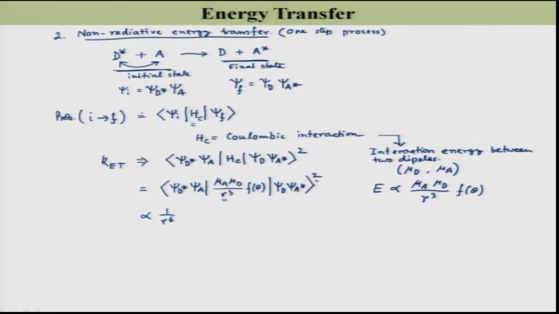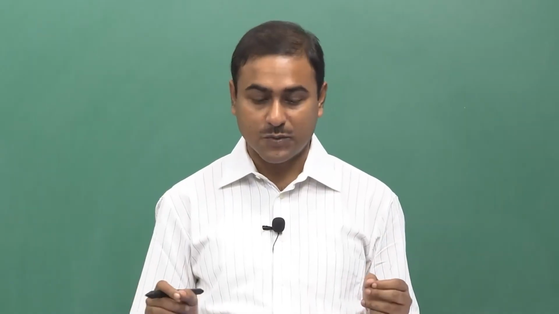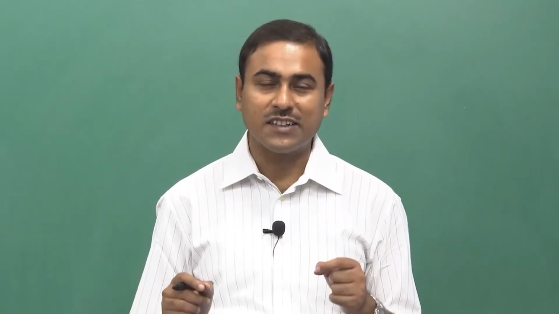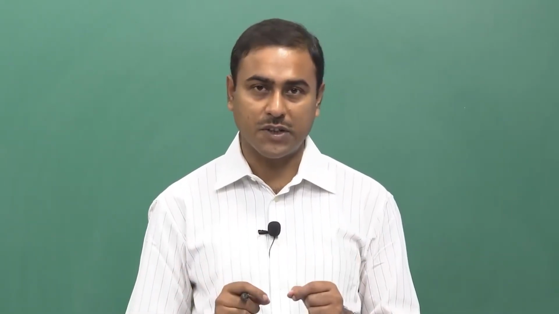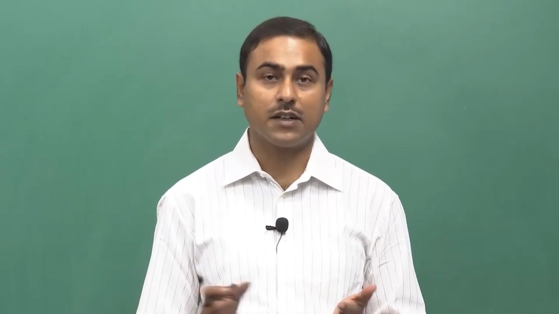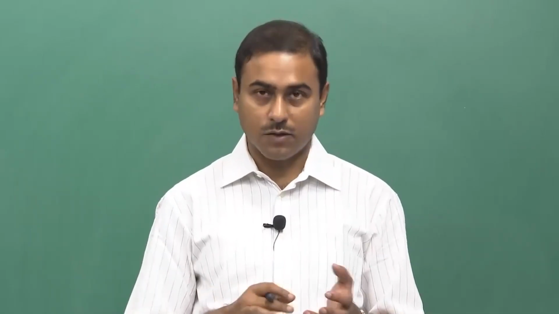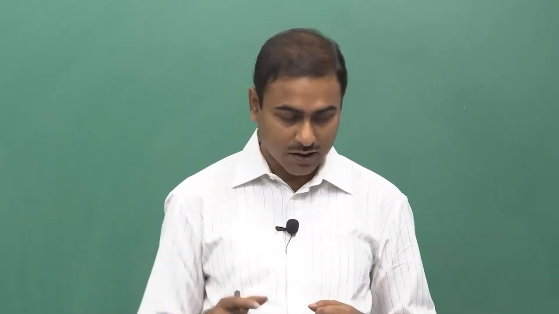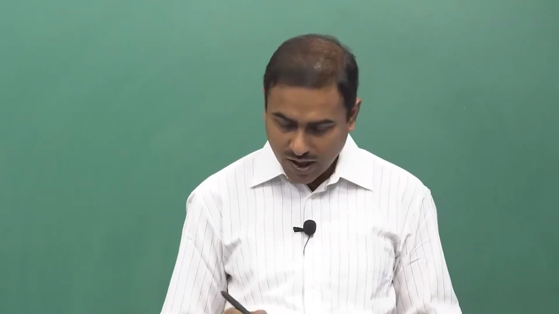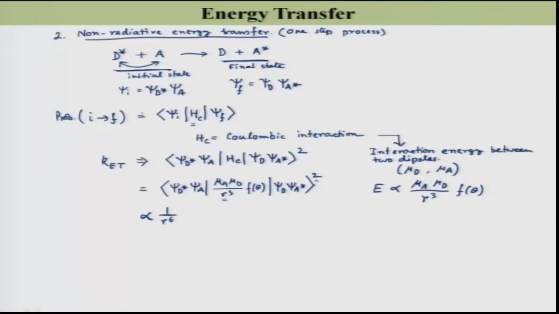Whatever the other terms are, I will get that k_ET is proportional to 1 over r to the power 6. That means the distance between the donor and acceptor is one of the important parameters deciding the fate of the energy transfer from D* to A, that is D to A*. We are going to see the full expression. As I told you, this also depends on f(θ), which is also important, that is the relative orientation